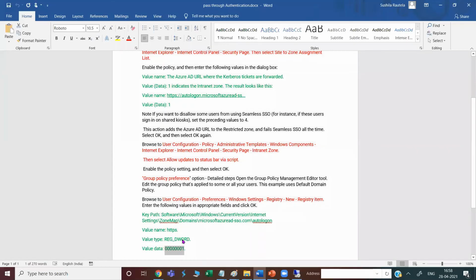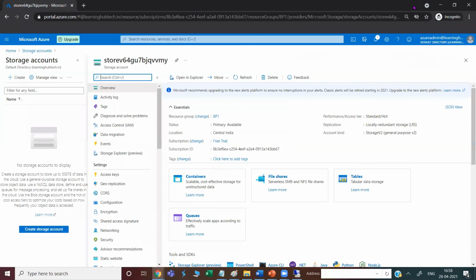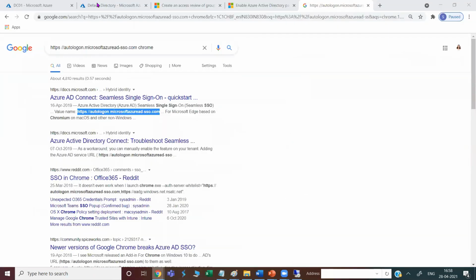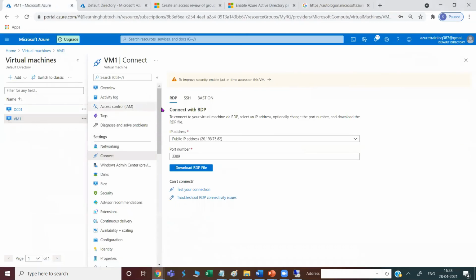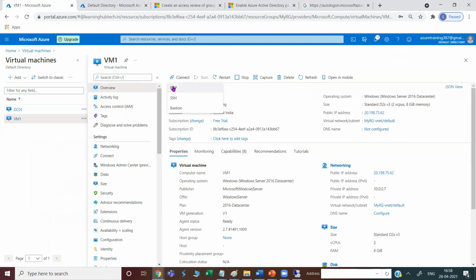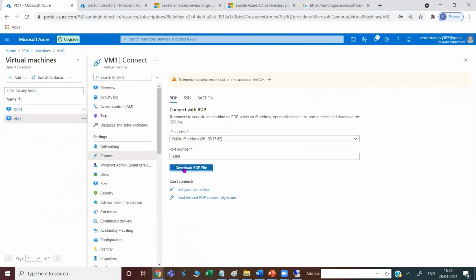Now what we have done, we have created a second virtual machine. On that virtual machine, basically, let me go here, come to VM1, and this machine is basically added into the domain. So go ahead and click on connect.